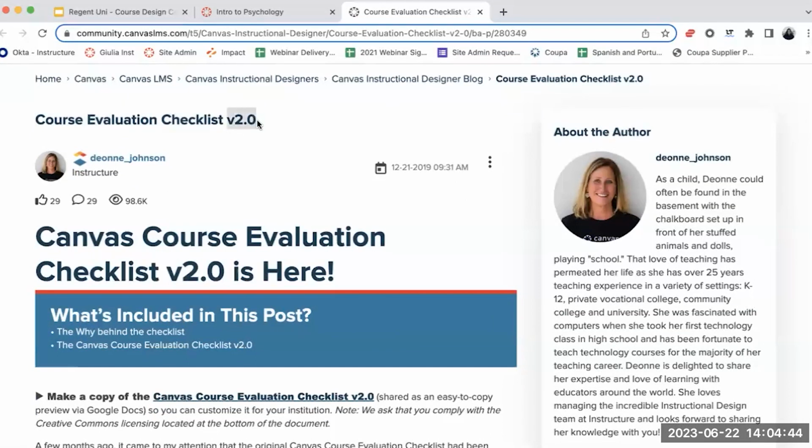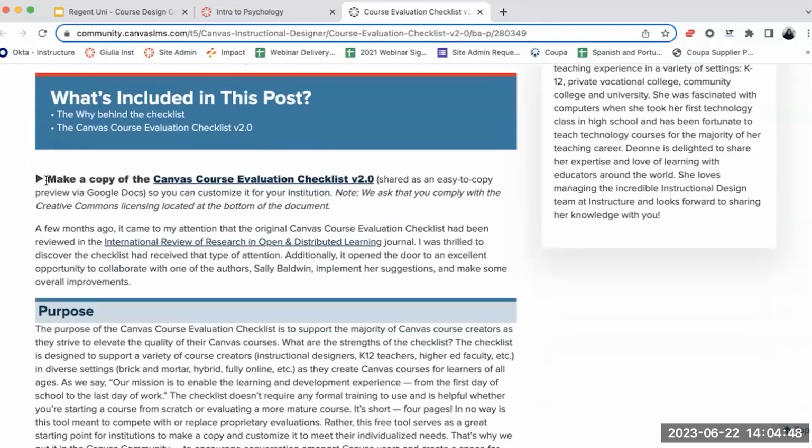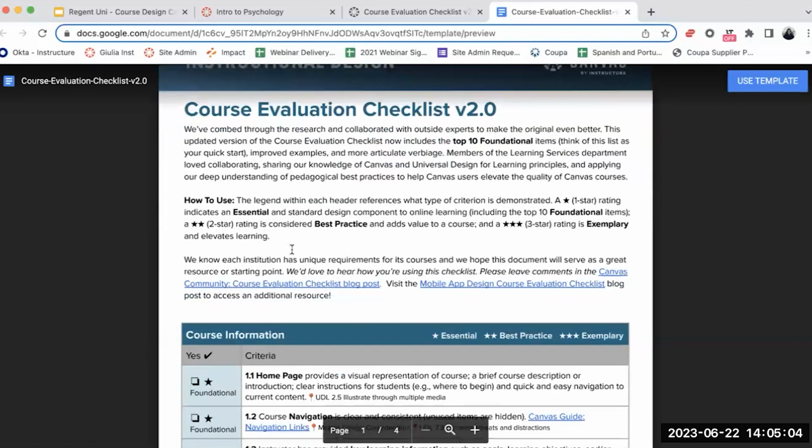This is the second and most recent version. Right at the top, it will request you to make a copy of that Canvas course evaluation checklist. I could easily just share this link with you, which is actually the second link in that chat message, where you see all of the details and